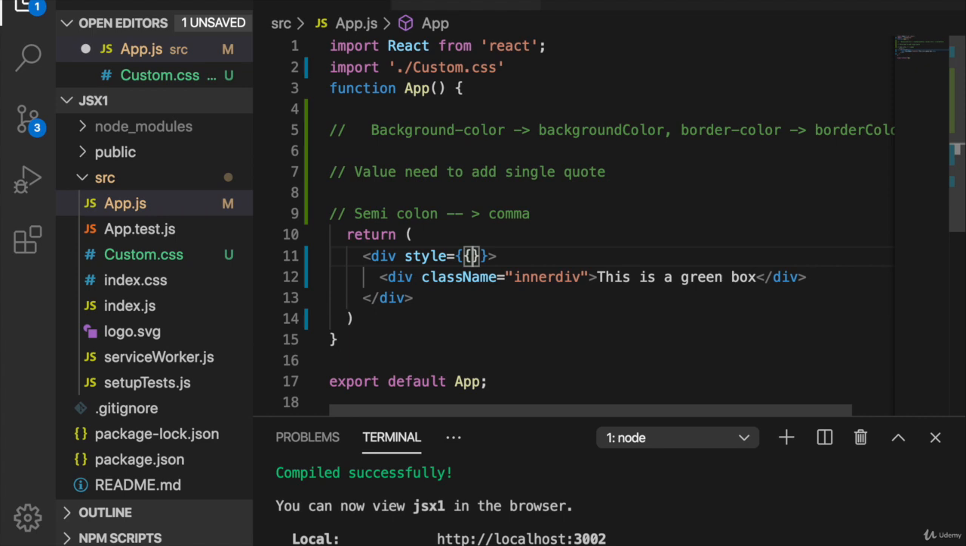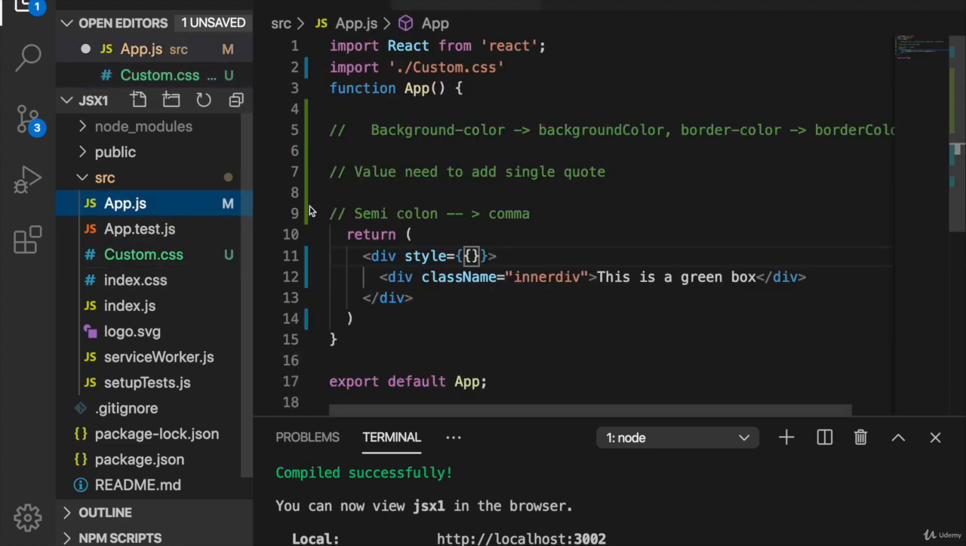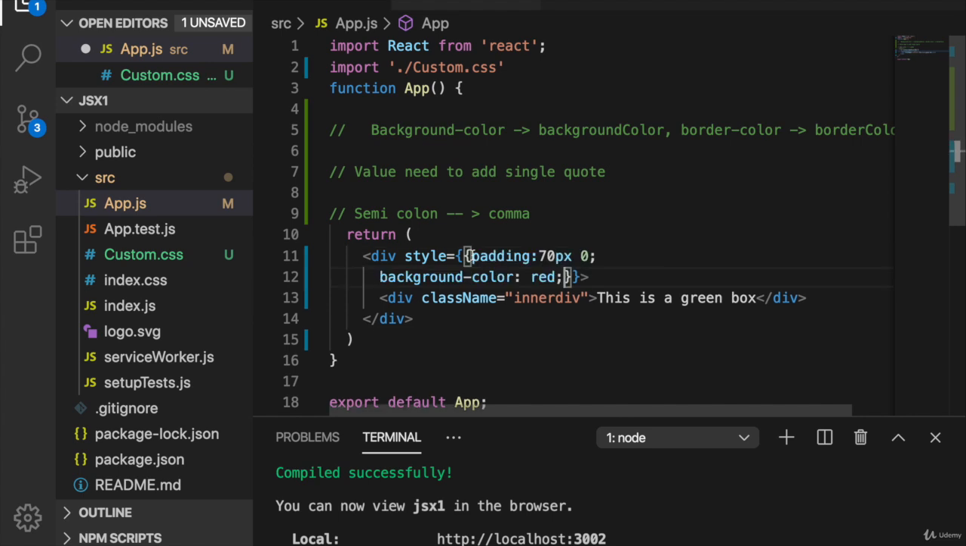And also, we have to copy the CSS and then we paste here. This value we have to add a single quote, and the semicolon will become a comma,